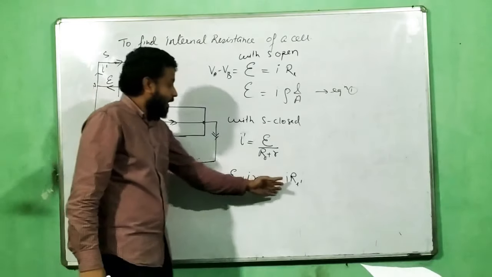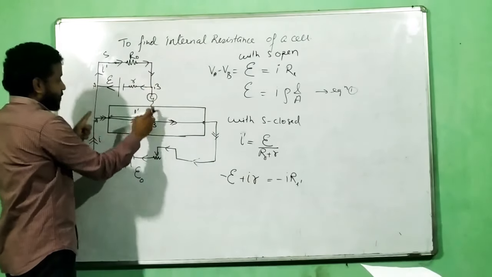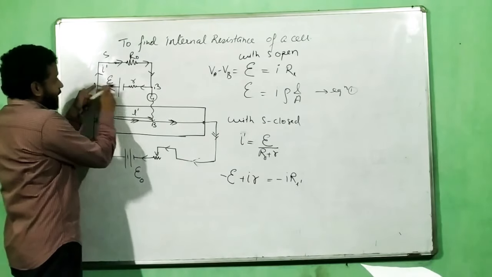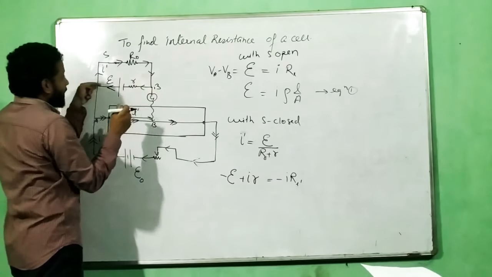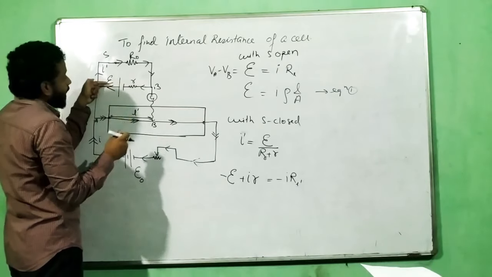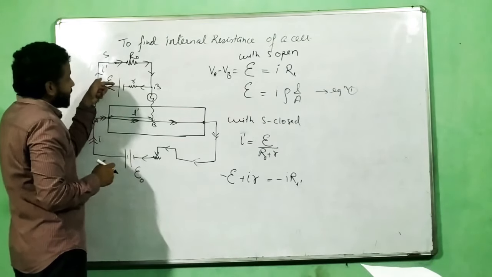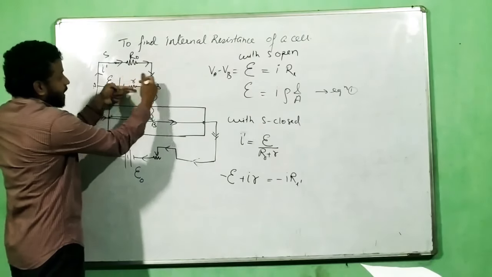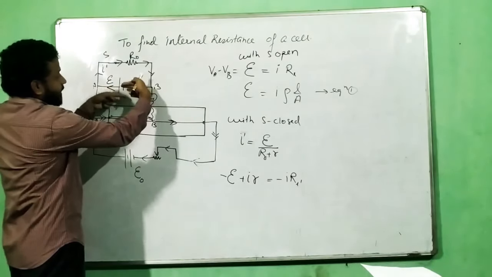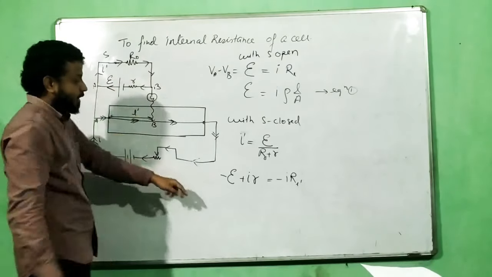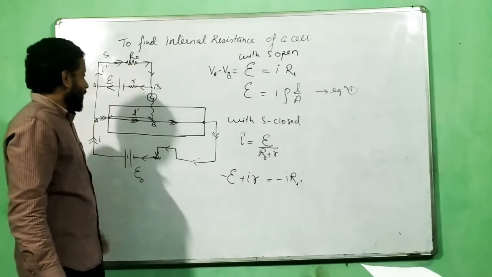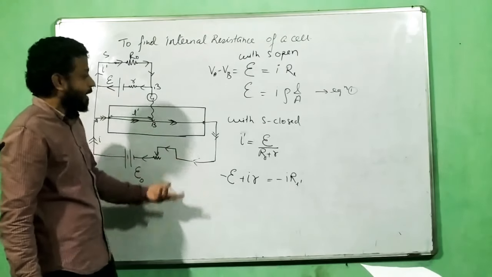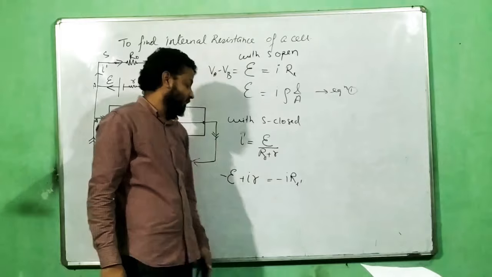So this is what I am saying. The potential drop across this and the potential drop across this must be the same. I will repeat again. From A to B, if I go from here to here, I go from plus to minus. That means I am going downstream, so minus. And then when I am crossing R, I am crossing R against the current. That means the current is going like this and I am crossing like this, so I am going upstream. Upstream means plus IR. And now if I go from here to here, this is downstream because I am going in the direction of current. So minus I times R L dash.